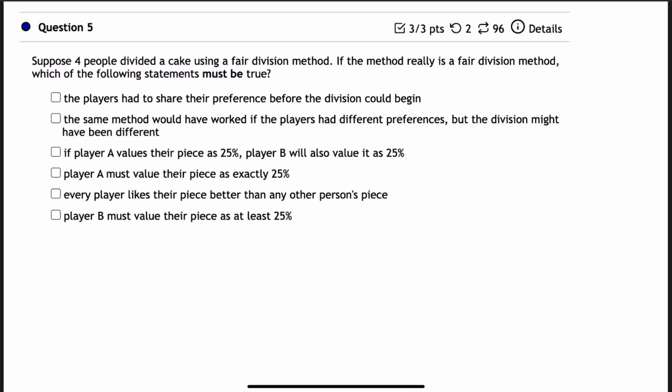And so I've mentioned multiple times in this video that fair share is in the eye of the beholder. So does that person view this as fair share? And in this particular problem, it's looking at 4 people. So do these 4 people view it as fair share? And so the question is, what is fair share for 4 people? And do they view it as fair share? If you had 5 people, fair share would be 20%. So the question is, is the fair share going to be exactly 20%, at least 20%, that kind of thing?